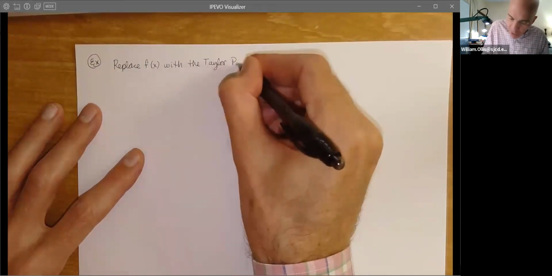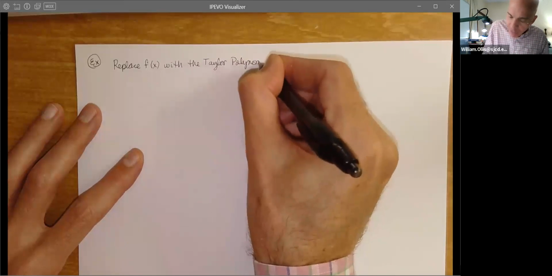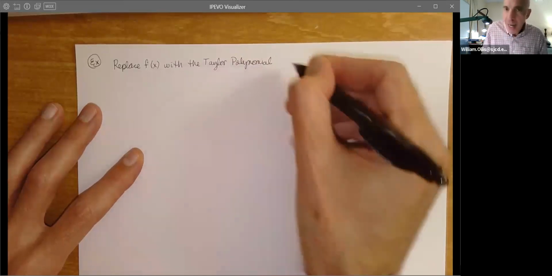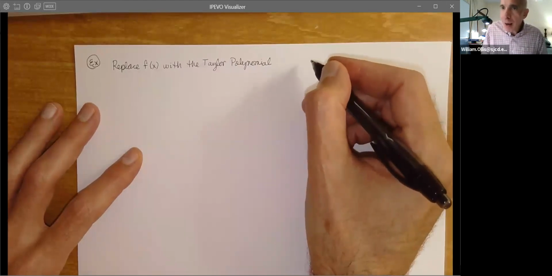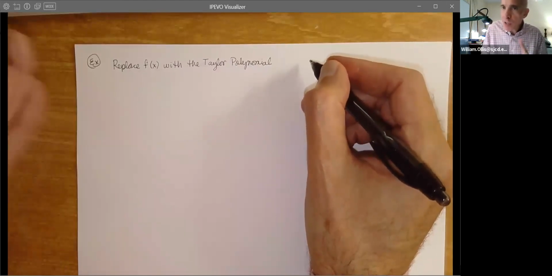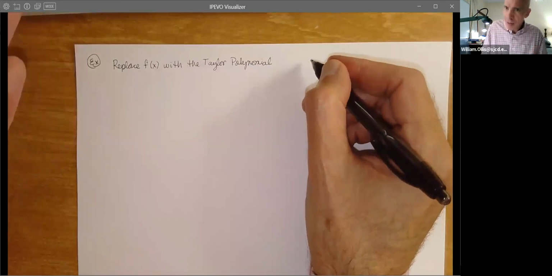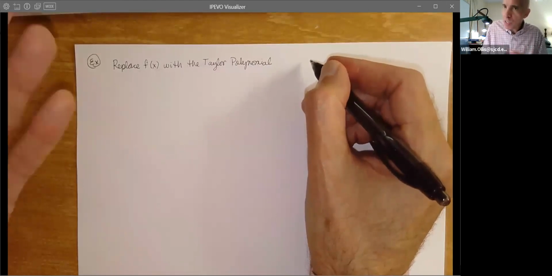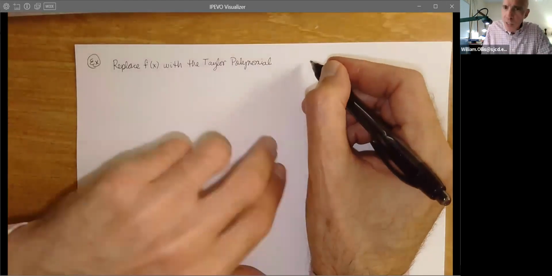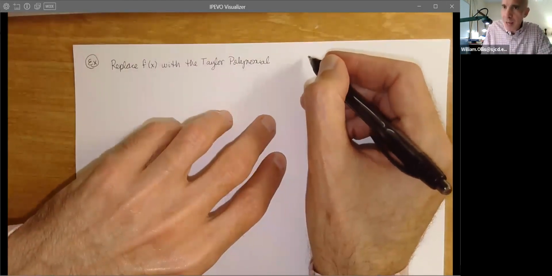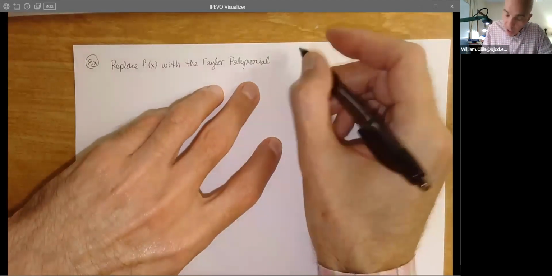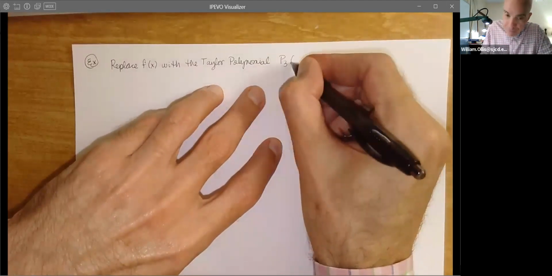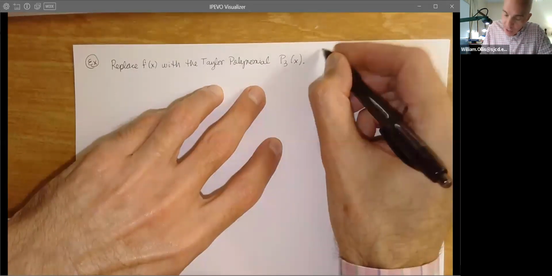So we're basically going to have to approximate the remainder, kind of like we do with the integral test remainder and the alternating series test, the first neglected term. That way we get an upper bound. So we just do a little bit of approximation with functions that are halfway nice to us. So replace f with the Taylor polynomial, the third degree. And then it says determine